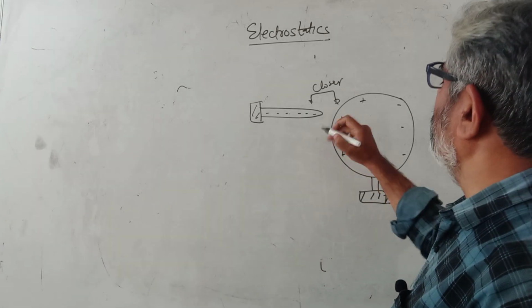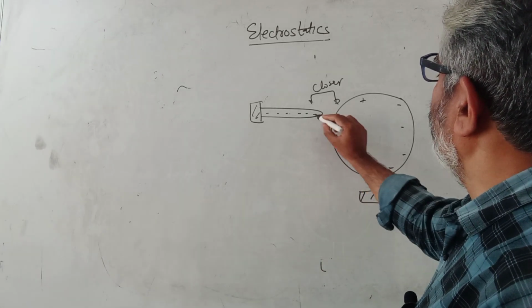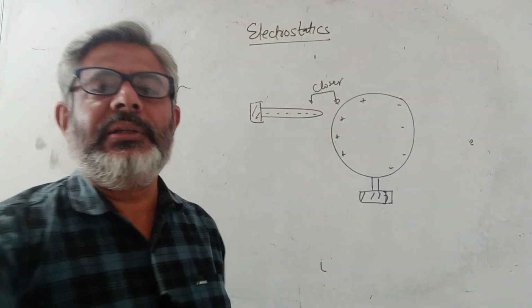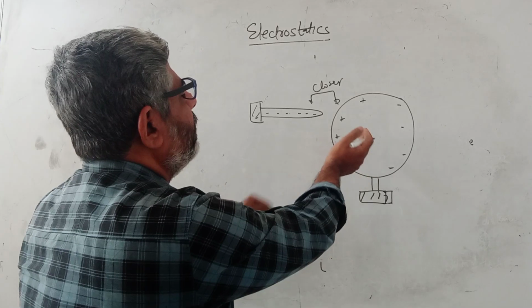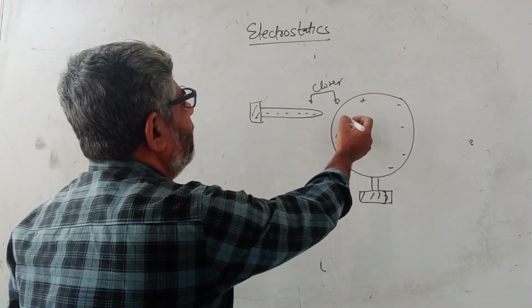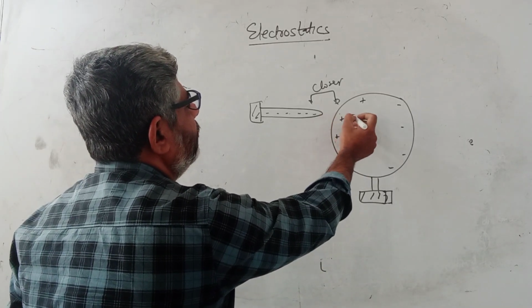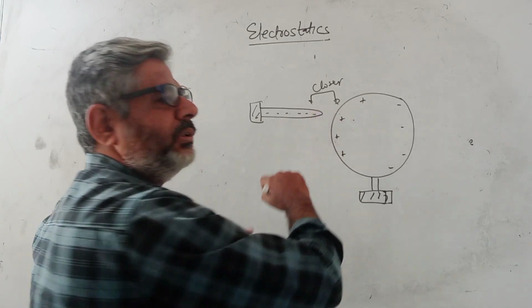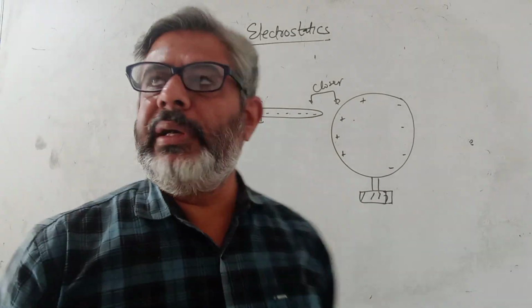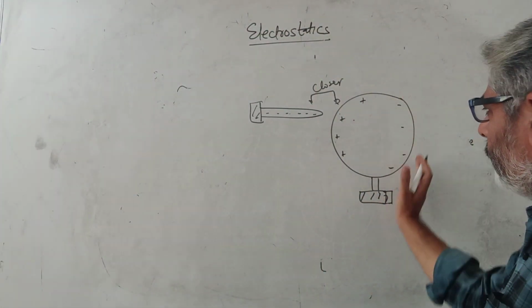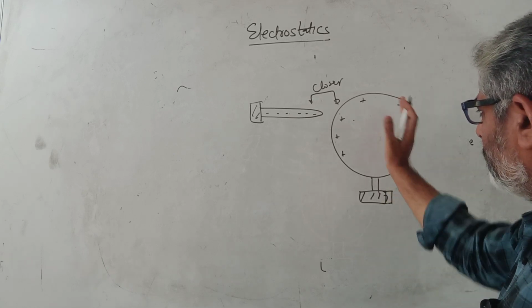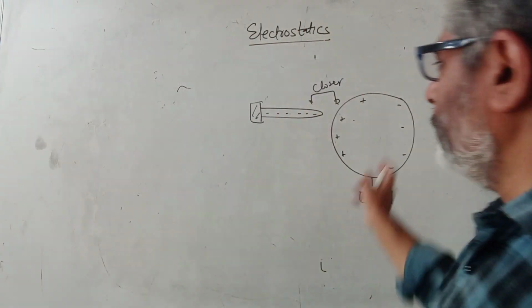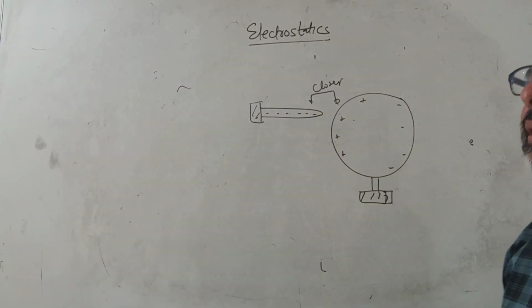Actually something else happens, because these electrons are repelling electrons, and the electrons are free in conductors, so there is a molecular to molecular jump. If this electron is repelled from here, it goes to the next electron, then from next to next, and ultimately we can simply say that a part of this becomes negatively charged, a part of this becomes positively charged. But this substance on the whole is still not charged.